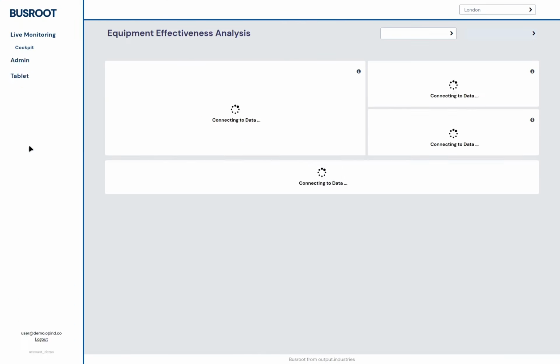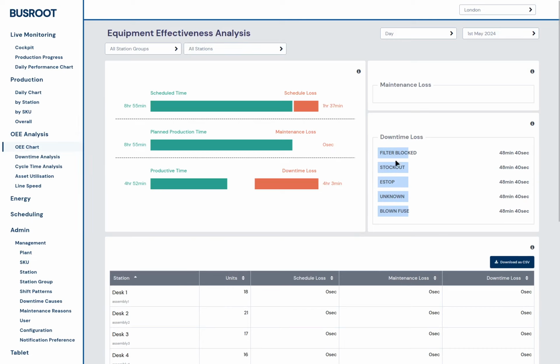If we now come back to the OEE chart, you can see that all of that unknown time has now started to be assigned to these different reason codes. So you get this Pareto curve almost of downtime reasons that you're seeing here. This screen will also give you details on schedule loss, maintenance loss, and what we're looking at here is the downtime loss. So where that comes from is the scheduling tool, which I'll just move on to now,